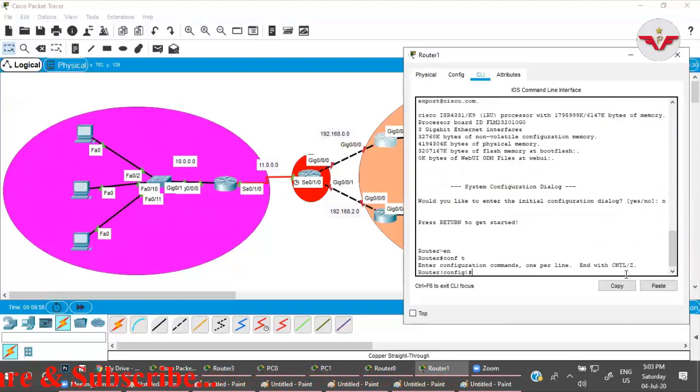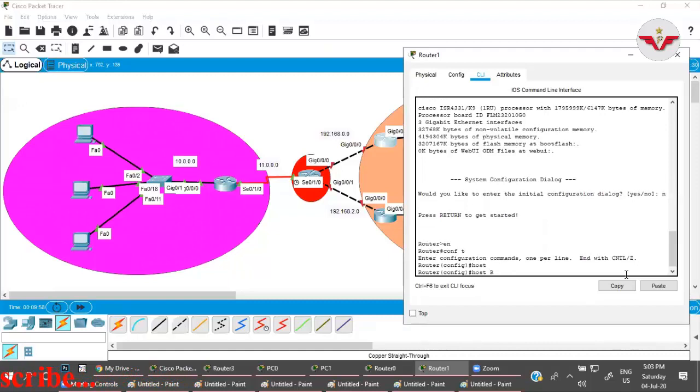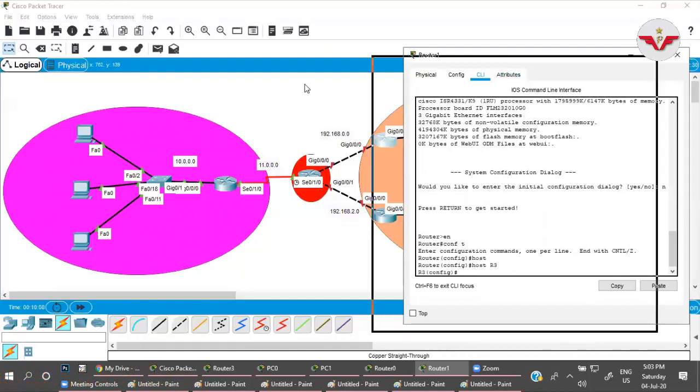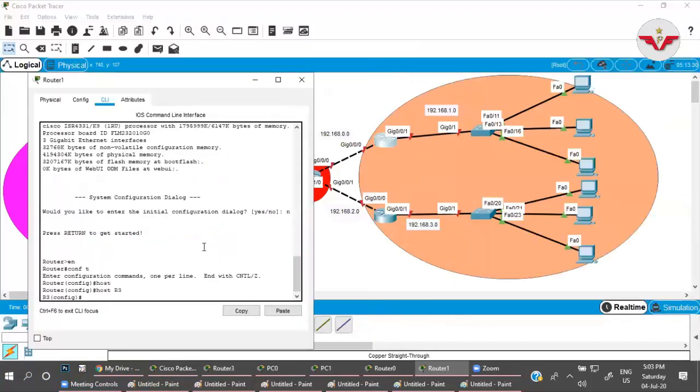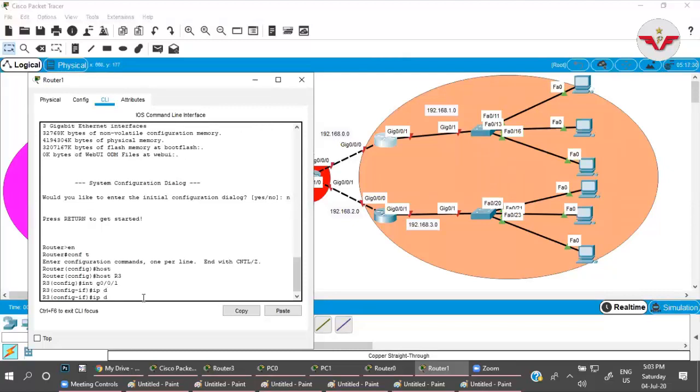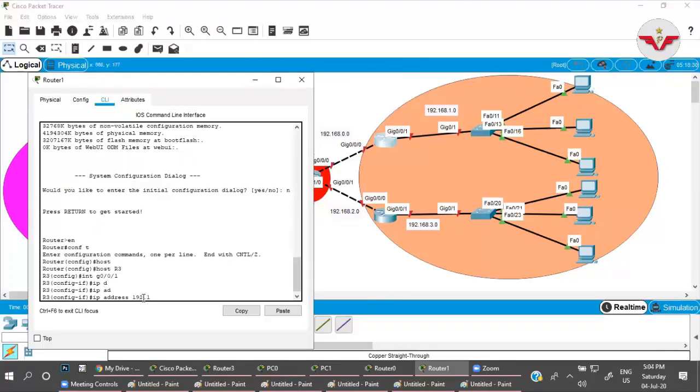Enable, config t, hostname R3. This one. Interface G0/0/1, IP address 192.168.1.1. Okay, this interface, so we have 1.1 here.